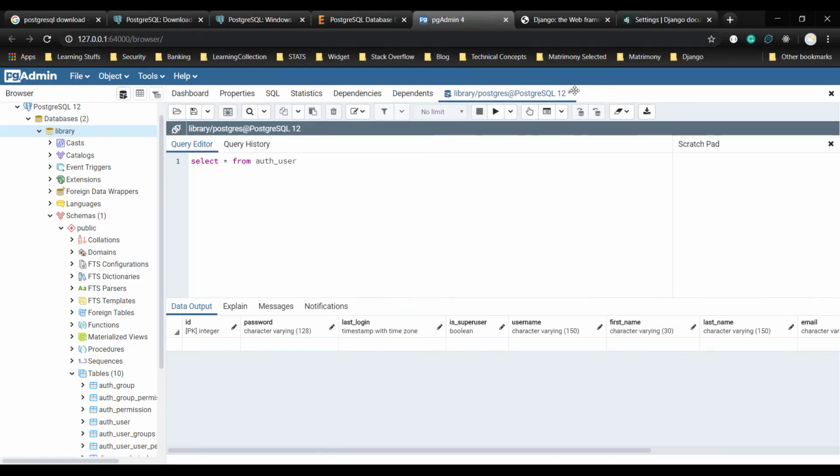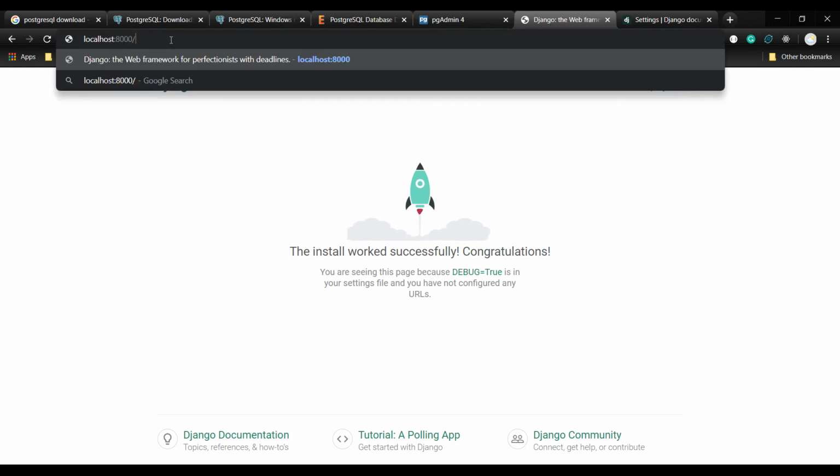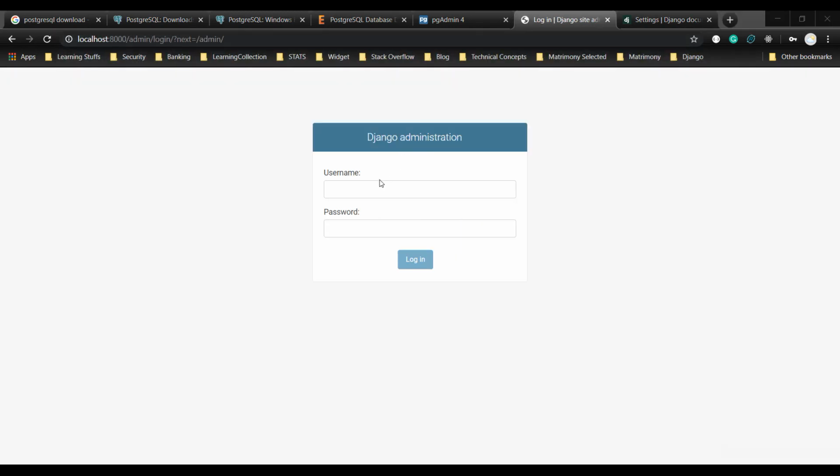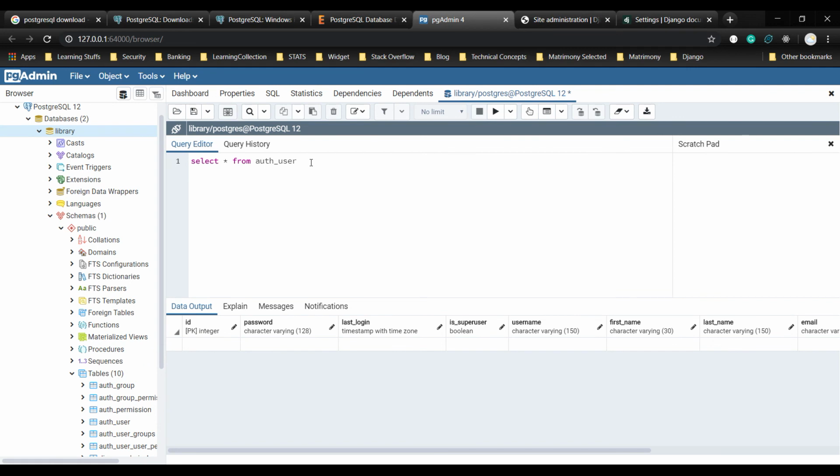So now if I come here and go to admin, I will get this username and password field. I will use this admin user that I have created, and I'll give the password. So now this is the Django admin management page.